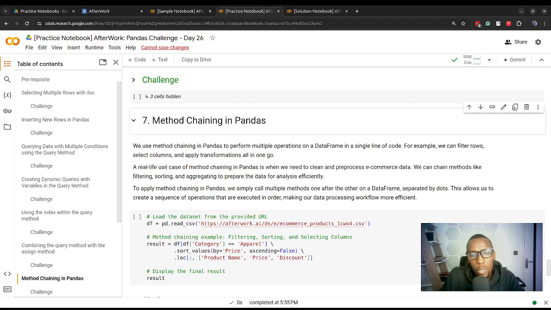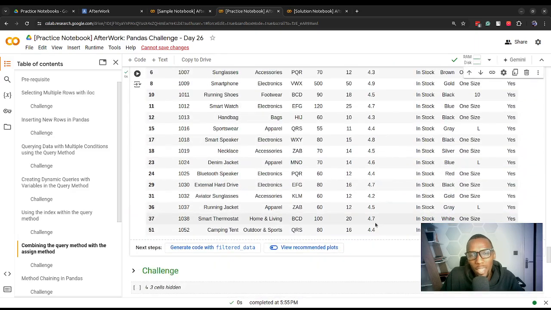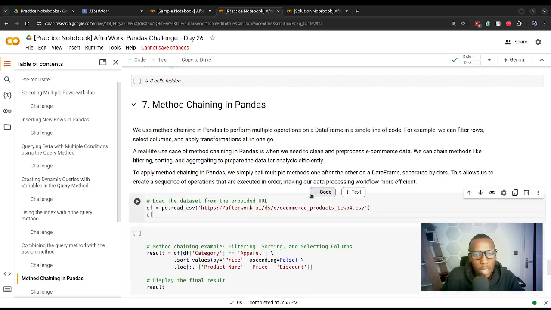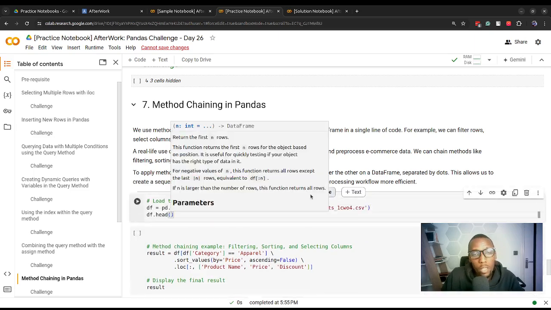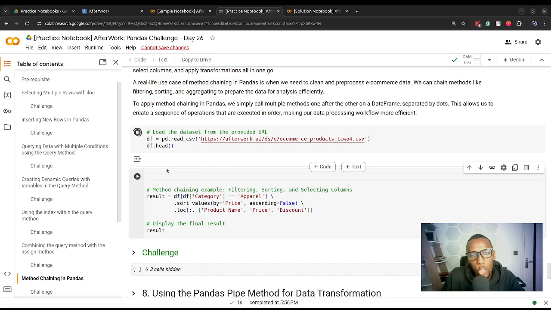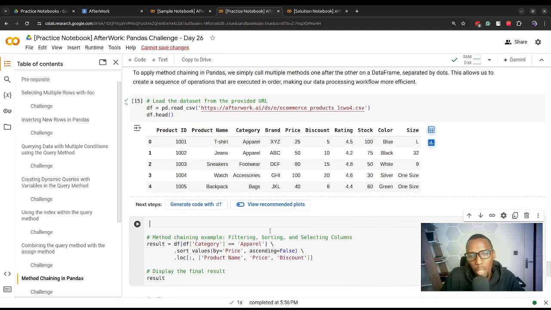In some other situations, we might want to perform multiple operations like what we have done here, where we used the query method and also the assign method. That's called chaining, and that's what we're going to learn in this new section. So assuming we had this data set again, let me just paste it outside, df.head. Assuming that we had this data set that contains the following information, and we wanted to perform filtering,